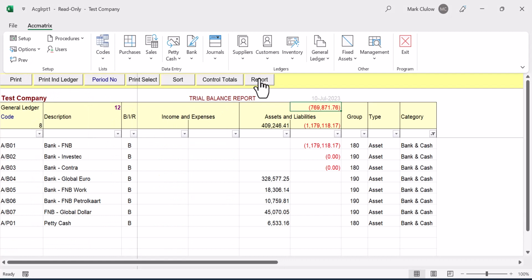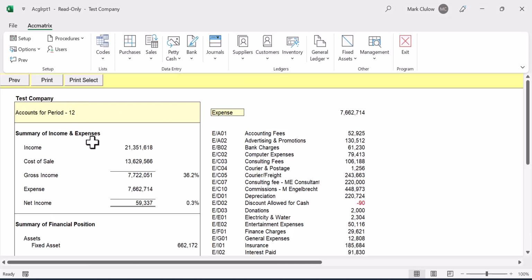Another option is the report option. If you click on it, you'll get a summary of all the income and expenses. For example, the income total is 21351, cost of sales is 13629, and the expenses are 7662. Income minus cost of sales gives gross profit, minus expenses gives net income,